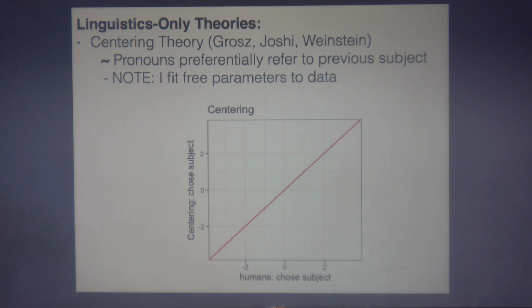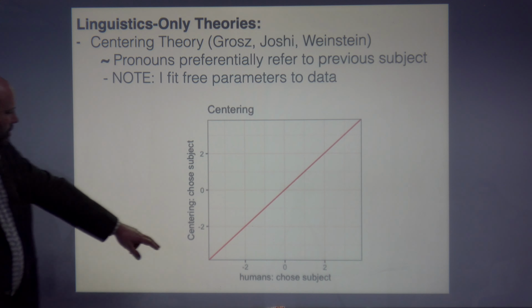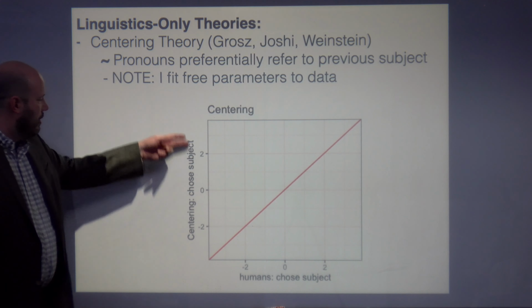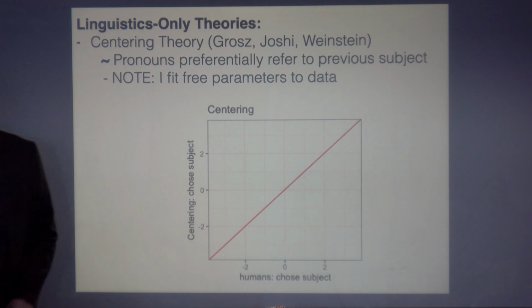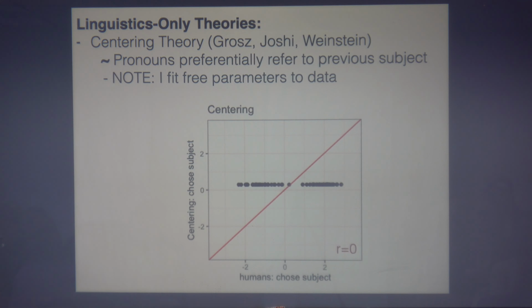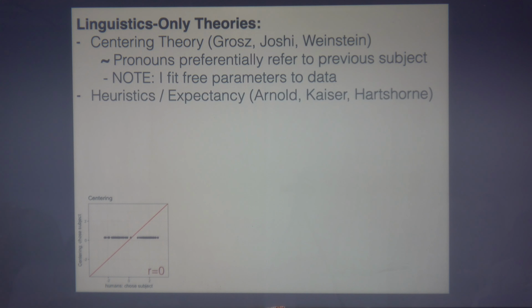So I take those sentences that I had before. I've gotten humans to judge the pronouns, and I'm going to just see how centering theory does. Centering theory has a couple of free parameters, and I'm going to talk about them later unless somebody gets really into centering theory. I'm just going to fit the free parameters to the data. Here we have log odds, human shows the subject. Here we've got log odds, human. The centering theory thinks the pronoun refers to the previous subject. And technically the correlation's not actually zero, it's undefined, but it's sort of asymptotically zero. Again, these sentences were designed to be impossible for centering theory. So that sort of gives us a nice baseline.